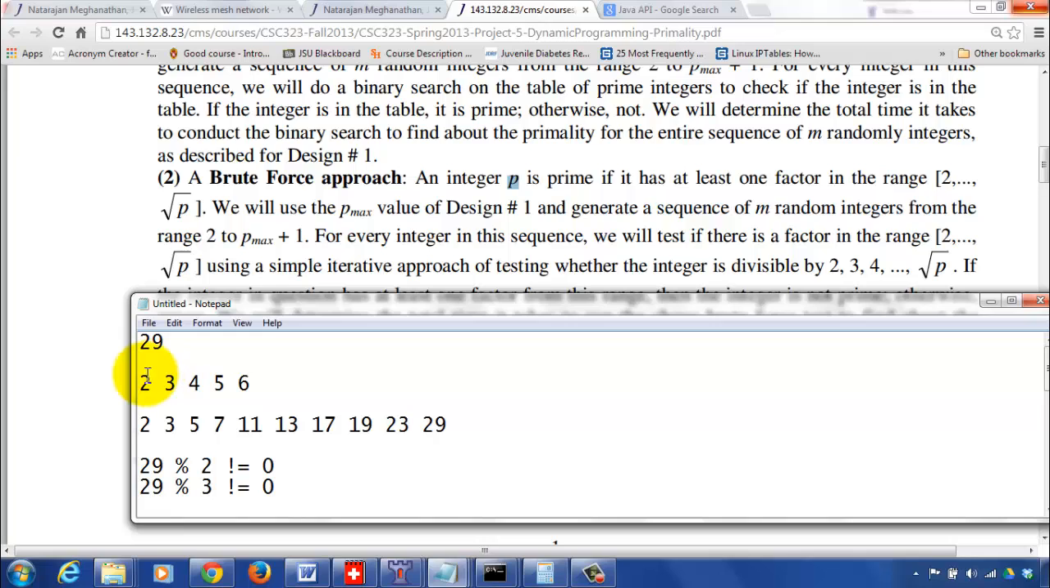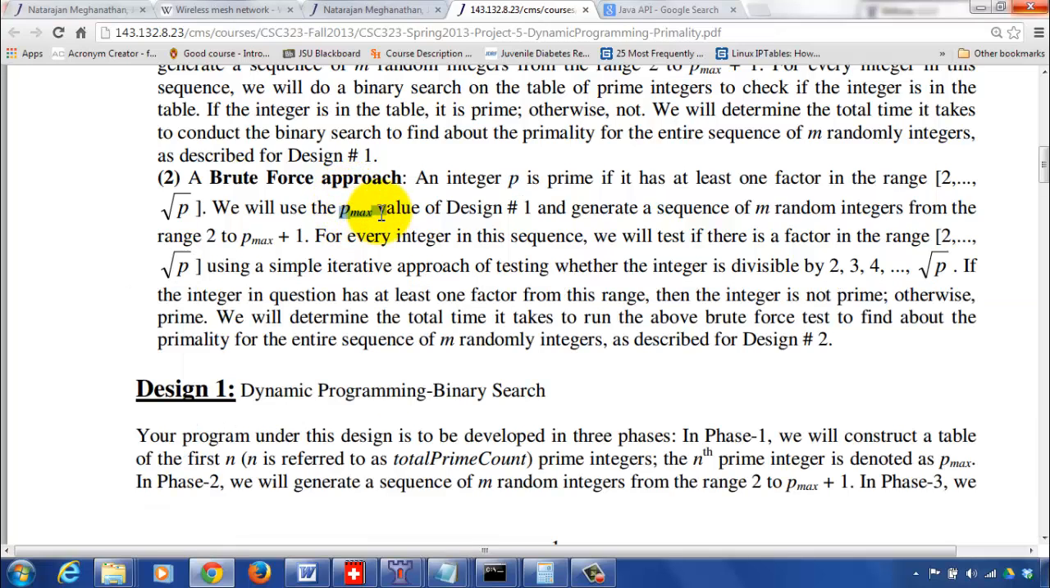So if you test from 2, 3, 4 up to 5 and none of these integers can divide 29, then we can say 29 is prime. Okay, so that's the property you're going to make use of. So what we're going to do is find out the p max value based on phase 1 of design 1, basically